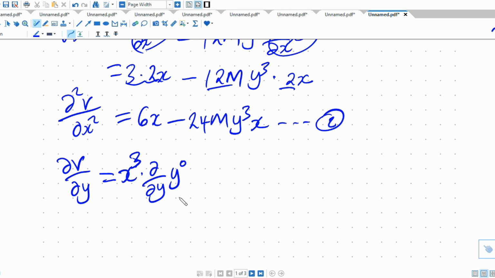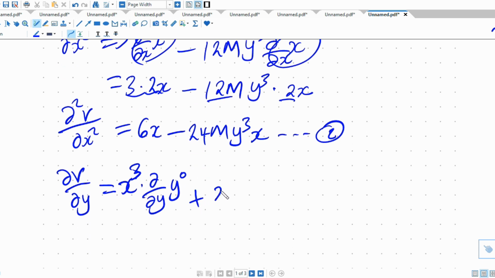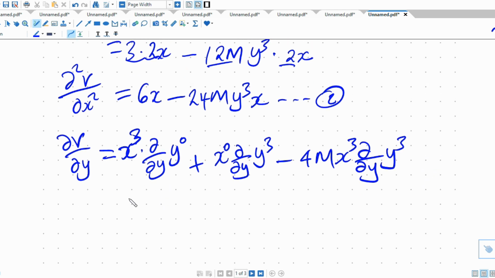differentiate y power 0. Remember I said when you don't see y anywhere, it means it is there but it is raised to power 0, and this one is added to x power 0 is kept constant. We differentiate with respect to y power 3 minus 4m, x is kept constant. We differentiate y cubed. Right, now by simplifying here, we shall have x cubed, and again I said differentiating y